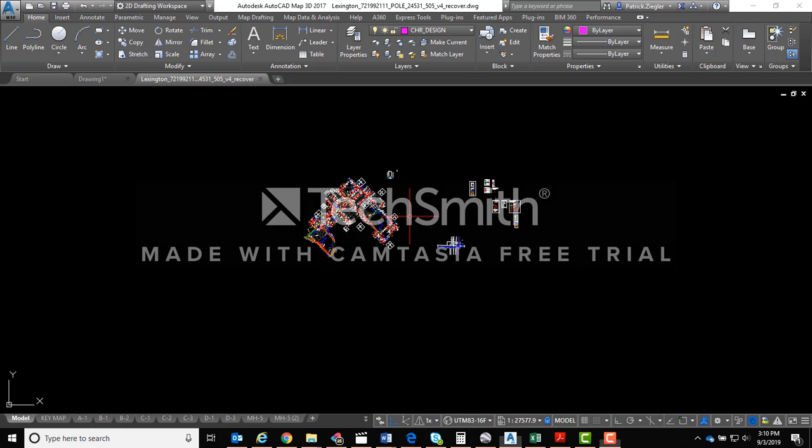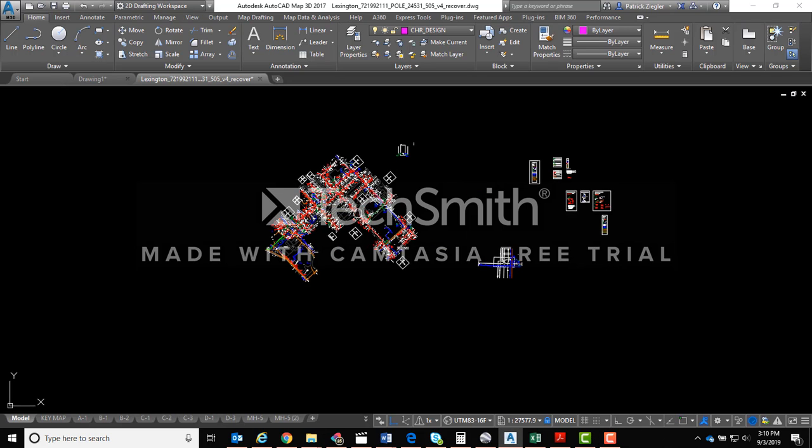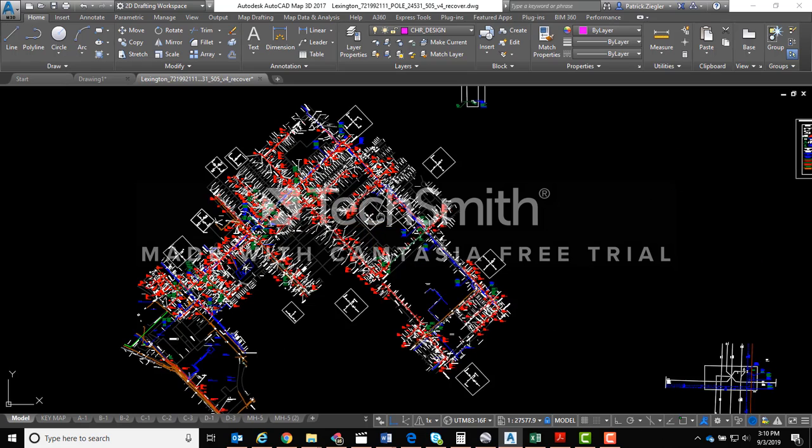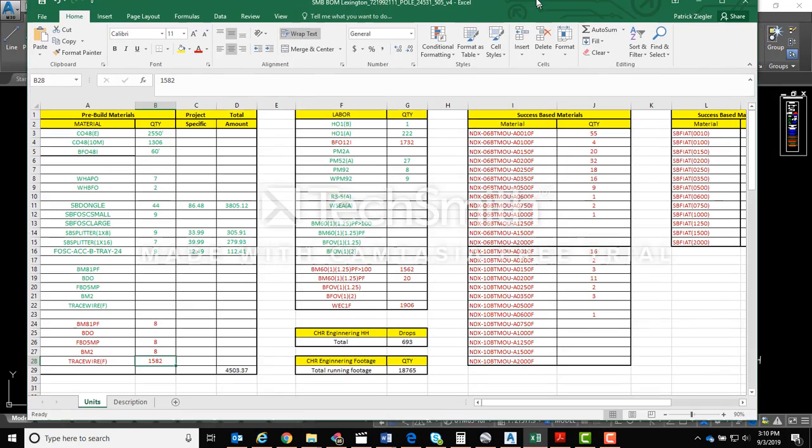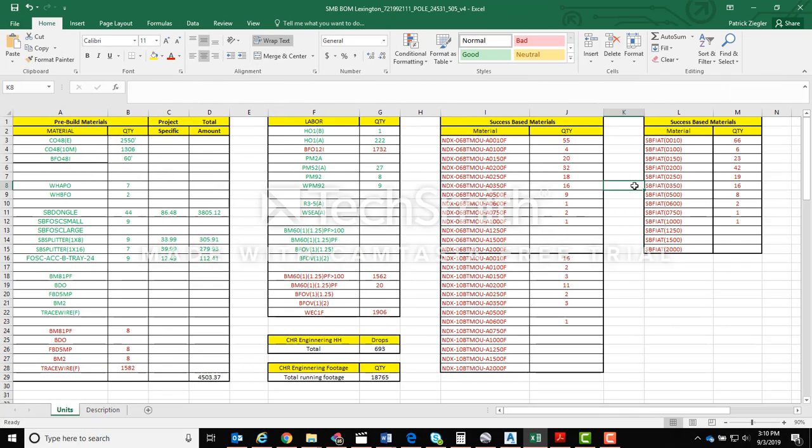Hey guys, just a quick little tutorial here on how to count your terminals and your SB fiats on your BOMs. So when doing reviews, I see a lot of BOMs where these tables look like this. So I'm going to show you a different way to do it using Excel and using the pivot table to